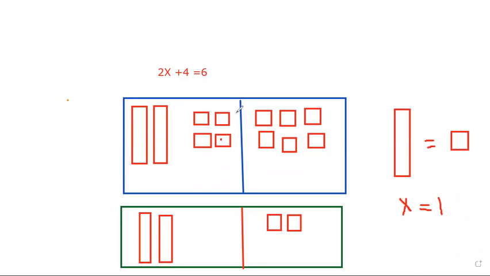Okay, so we said at the beginning that we have 2 bars, 2x plus 4 equals 6, and then we can cancel because they both have the same sign. Then we can cancel 1 with 1, 1 with 1, and then we cancel the 4 small rectangles. And then we will say that 2x equals 2, then each 1x will be equal to 1. We can also say, if you want to add an additive inverse, that I will add the additive inverse for 4, it will